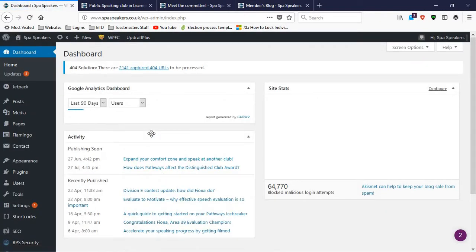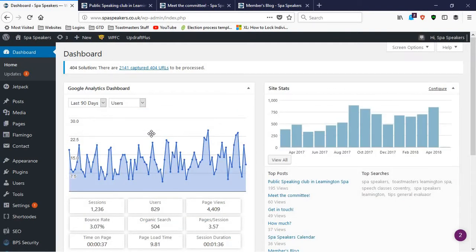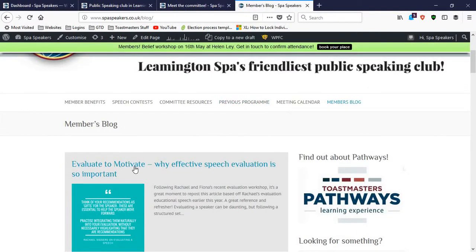Okay. So I've shown you how to add pages, how to add blog posts, how to edit pages, how to edit blog posts, and how to make sure that you set the featured images, how to schedule posts, making sure the menu is correct, how to set the author for blog posts. One thing I think you need to know is that if you want to create a new author, so you know that author box that came at the bottom of a blog post, so if I click here,